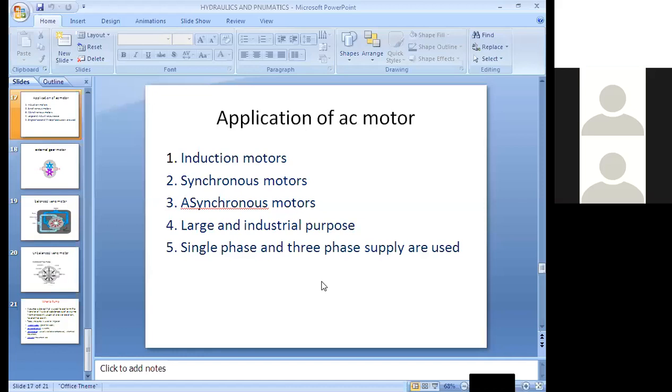So this is what I intended to discuss today. I discussed the hydraulic circuit with a neat sketch and its working principle, as well as the pneumatic circuit, the definition of a motor and its application, the classification of motors, AC and DC motors, and where we use a DC motor and an AC motor. These are the concepts we discussed today. I hope everyone understood all the slides.